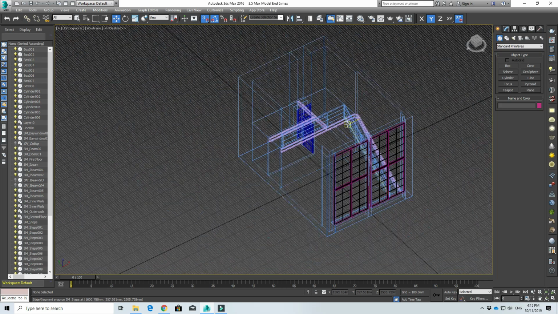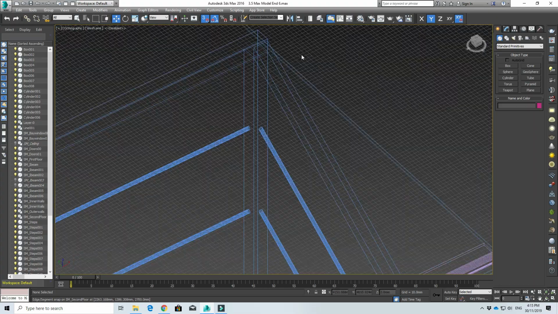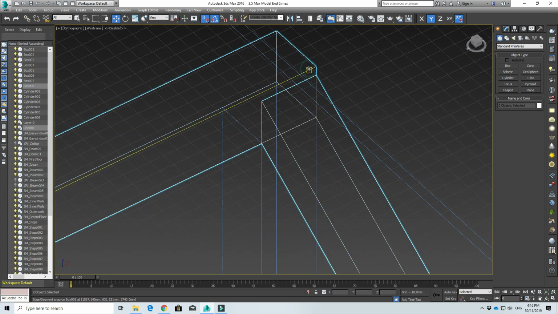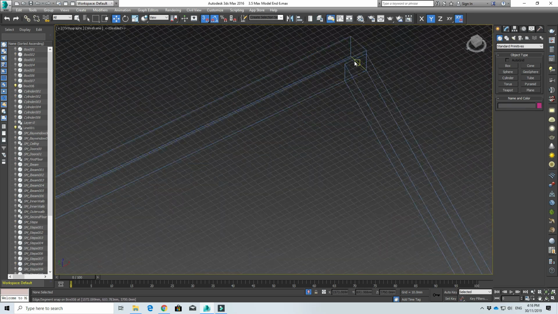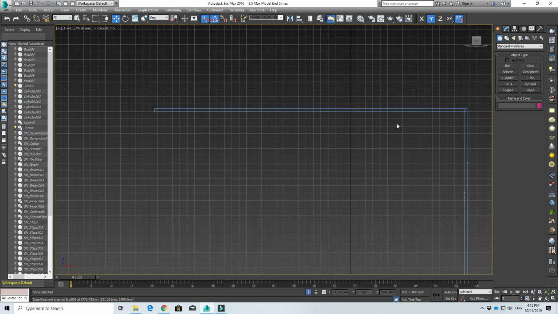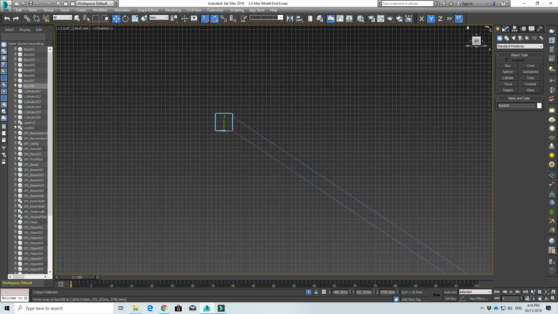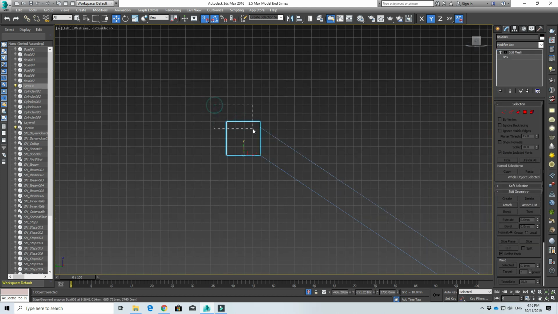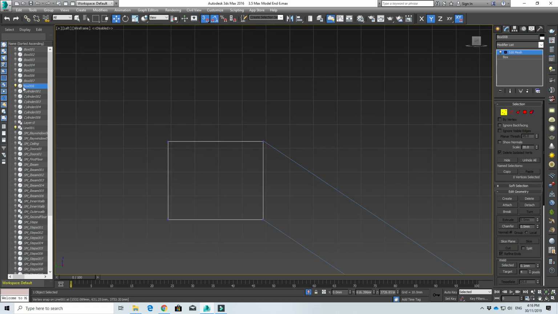Okay, so I think we are ready to move on to the next part, which is Unreal Engine. But before I end, I just want to show you this handle. I want them to be flush. Okay, so let me just isolate it. So as you can see, this box is not flush. So what I want to do now is to go to the left view, and then edit mesh this box. Okay, and make sure it is the same level as this. Okay, so when I end isolate,